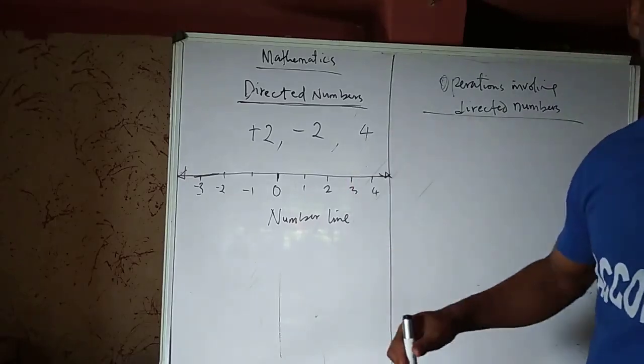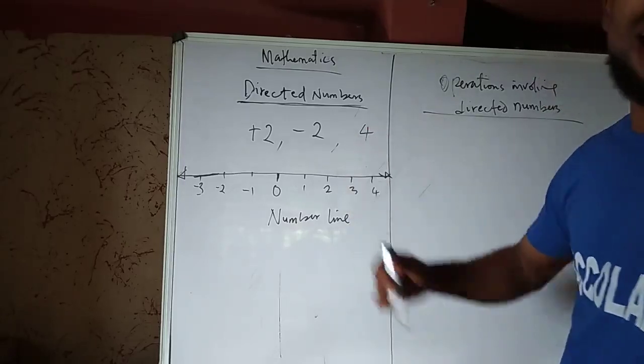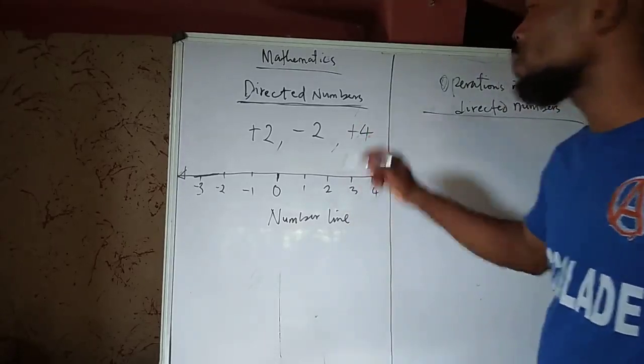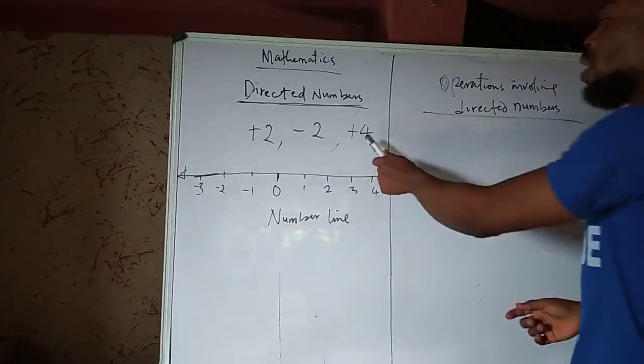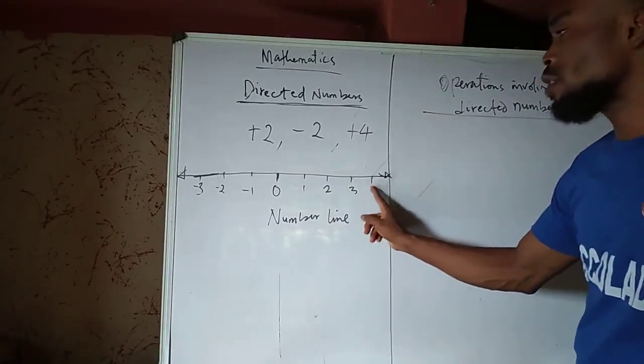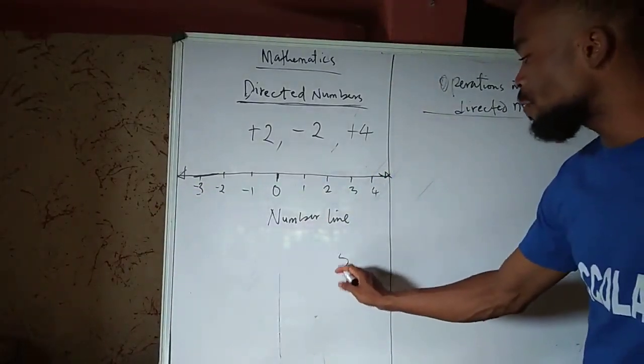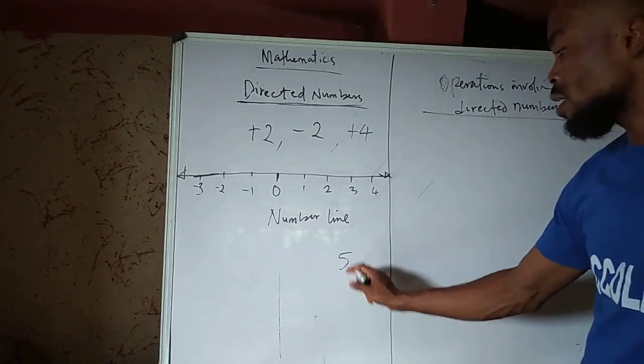But take it from me that whenever you see a number standing alone, it has the positive direction. It should be this plus 4 here and not this way. So once a number, let's say 5, is written, this number is